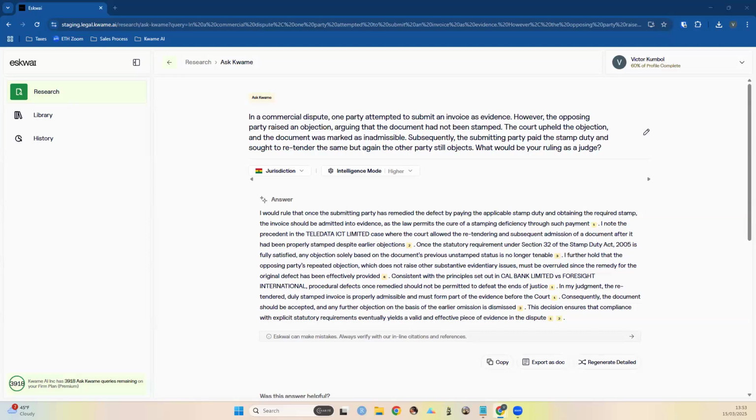I guess as we are waiting for more questions, this would be a good point to highlight. We do have plans for firms, which is a bit cheaper than the individual plan. So if you're interested, you can reach out to us and we would set up a demo for you and the members of your firm. With that, everyone in the firm has their own account with which they can use Eskwai. And we're also working on various collaboration features that would help enhance collaboration within the firm or legal department.